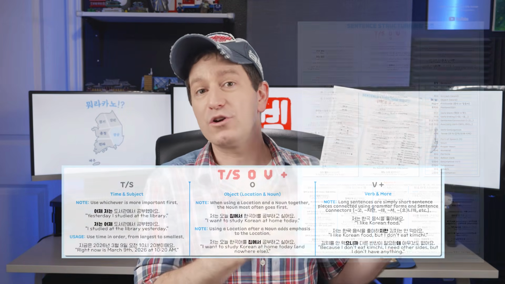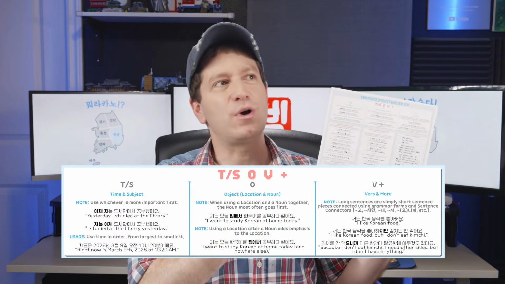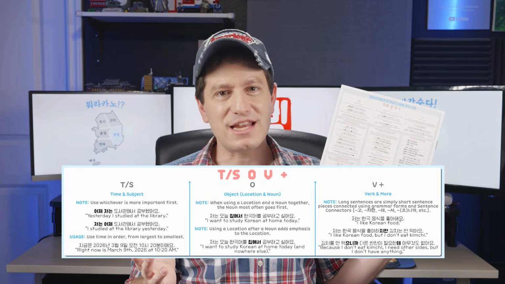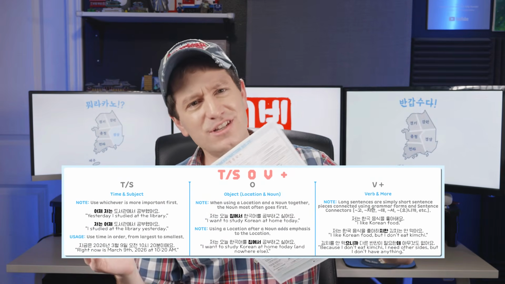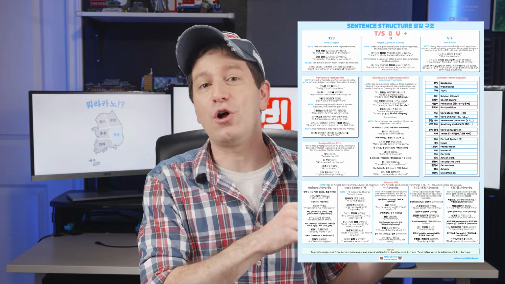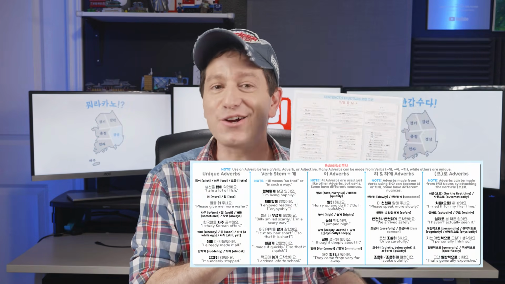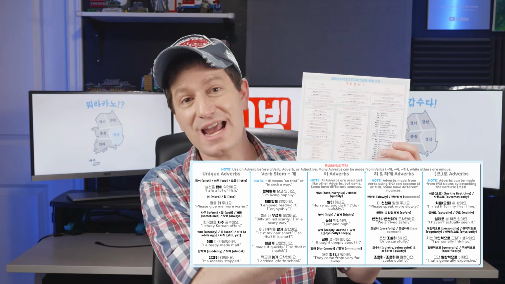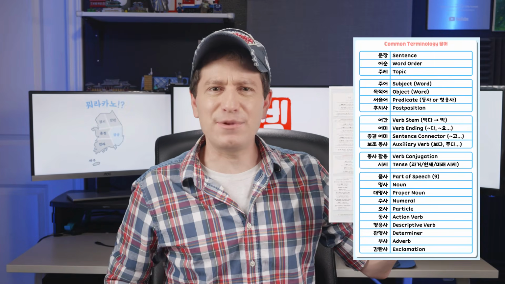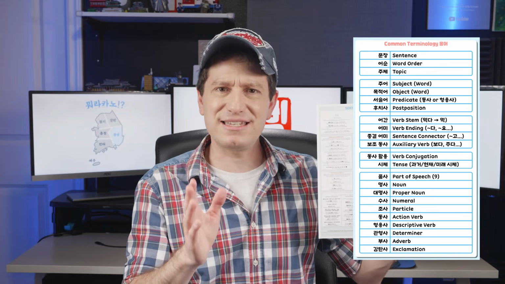There's a section about where to put the time and the location, as well as how you can rearrange parts of your sentence, how to connect together longer sentences, and there's a section all about the particles and markers, a section about using postpositions, adjectives, and an entire bottom section about all the different types of adverbs. Finally, there's also a list of some really common vocabulary words that are useful when you're making sentences, such as